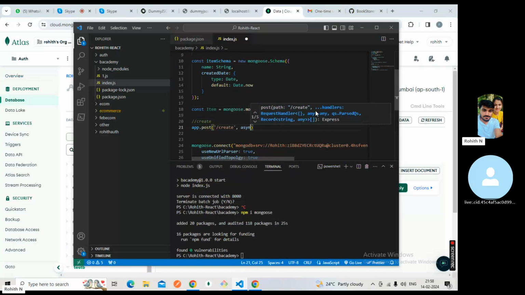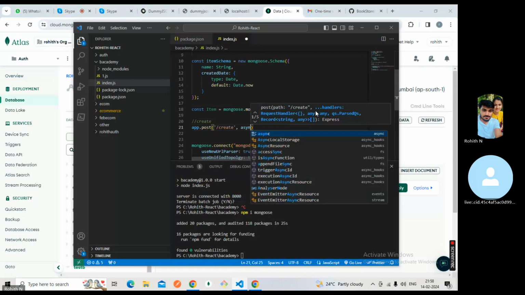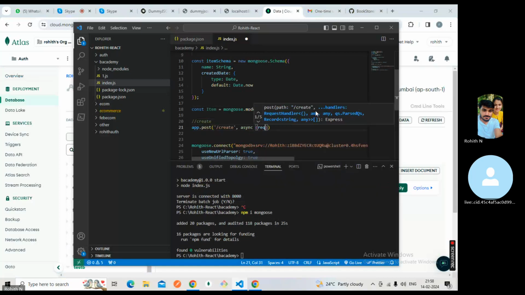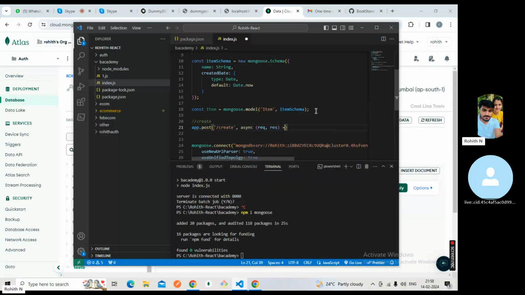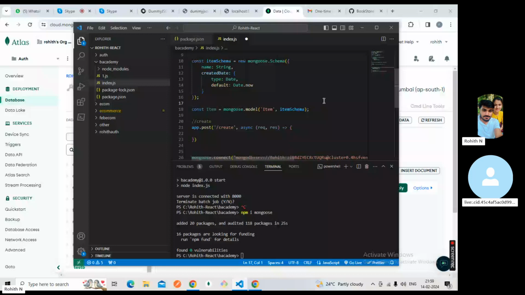So I will write async, request and response. I need to create. I need to save the value. If the user is hitting from Postman with some kind of value, that will be saved to my DB, right? So I need to get the value from the user, right? So what I will do is